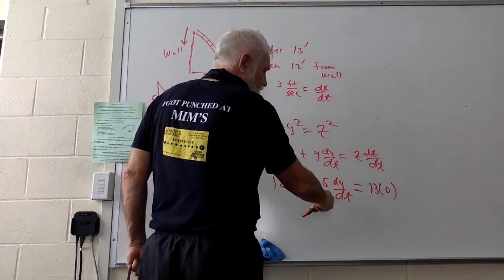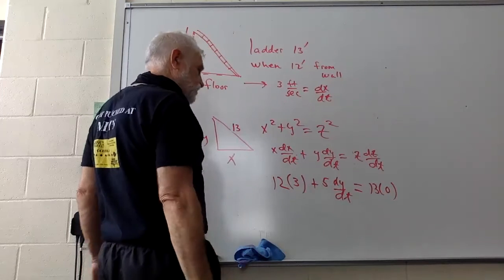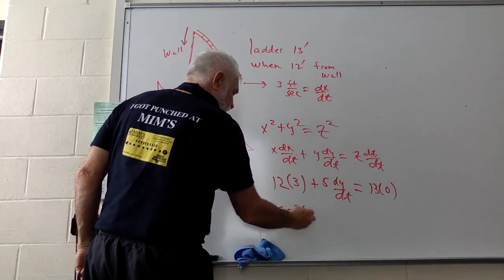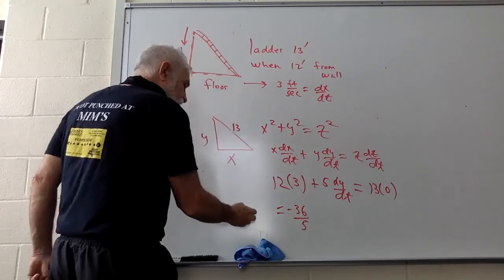So we're down to one variable here. And so if we, well, can you see it? Yeah, you're still within sight. So 36 goes to the other side, becomes minus 36, dividing by 5, and dy/dt